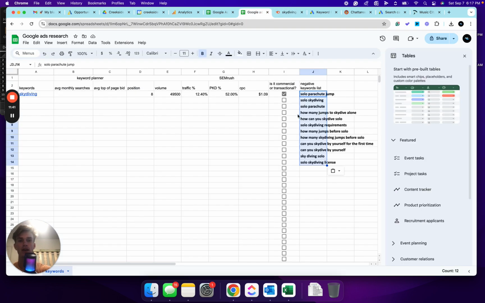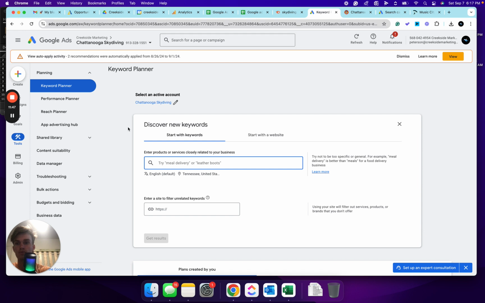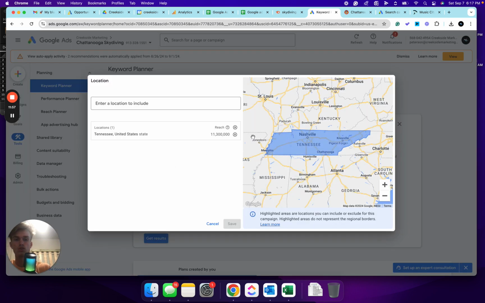So from there, now that we have all of our negative keywords that we want to include, we are going to go to Keyword Planner. So this is going to be in Google Ads, it's going to be in the Tools section, and then it's going to be in the Keyword section. We're just going to type in skydiving, and then we are going to want to choose the region that we are going after. So in this case, it'll be